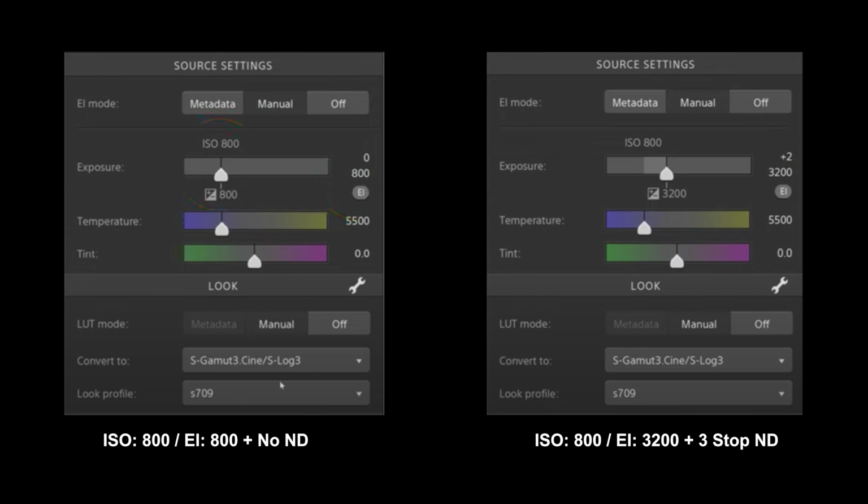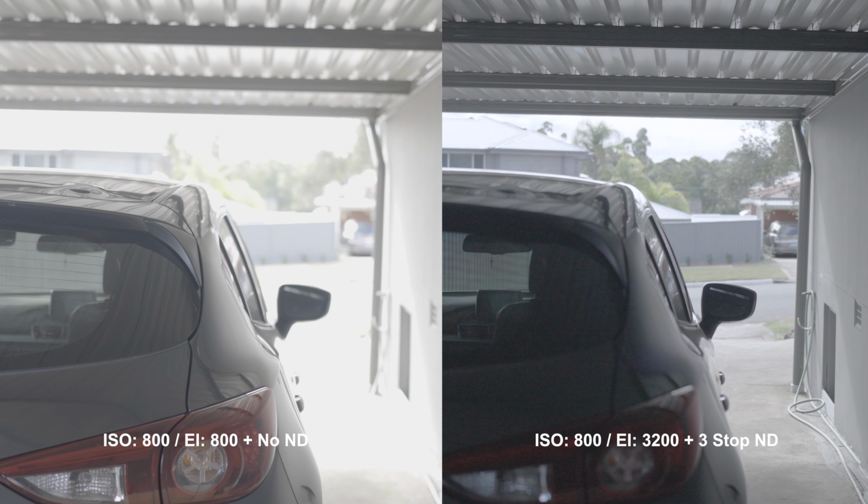Here is a side-by-side comparison, as you can see on the right-hand side. By pushing the exposure index to 3200, we're gaining an extra 2 stops of dynamic range. And we are getting more dynamic range in the highlights by setting it to 3200 EI. By adding the ND filter, it brings the midtones back down, the shadows up, and we also retain the highlights